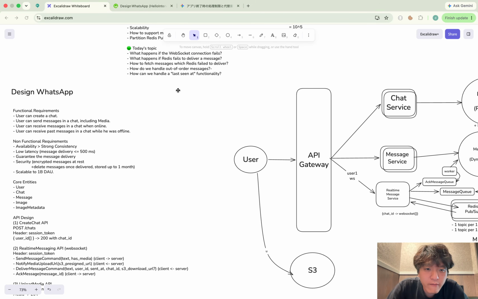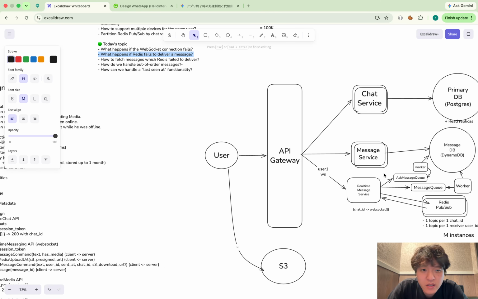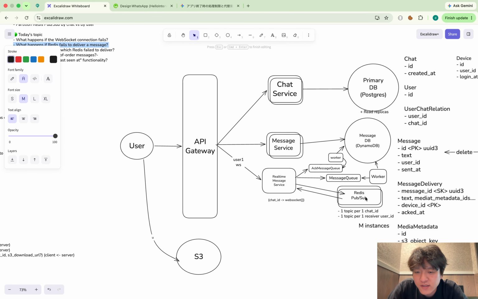Okay, so now we're talking about the second topic. What happens if Redis fails to deliver a message? So I will talk about the case when this Redis pub-sub goes down. So in that case, how can the client notice the lost message and fetch the